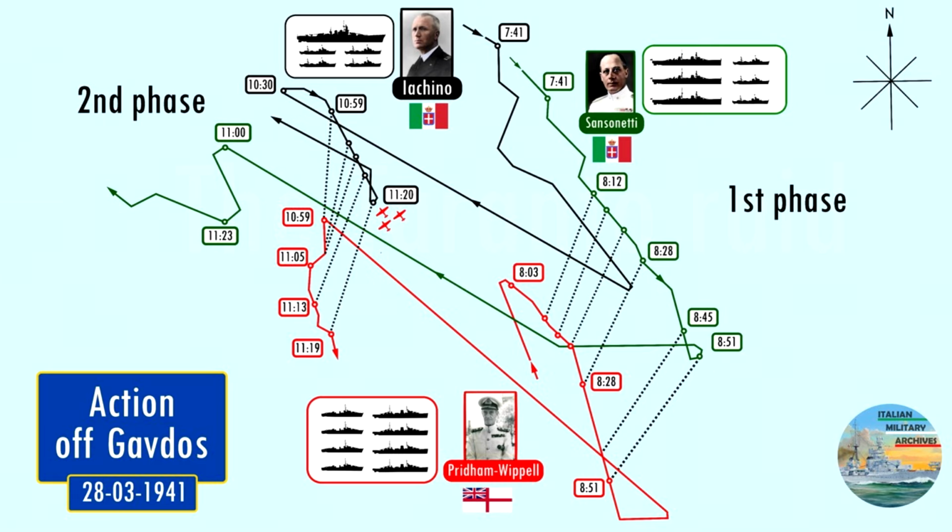but with no results. At this point, Admiral Iachino wisely decided to turn back and head for home since he was deep into enemy waters, under constant risk of air attack and with no realistic hopes of receiving constant air cover. Additionally, the enemy cruisers were out of range, and with no convoys to prey on in the area, the mission